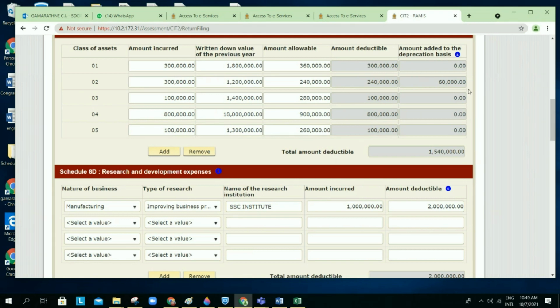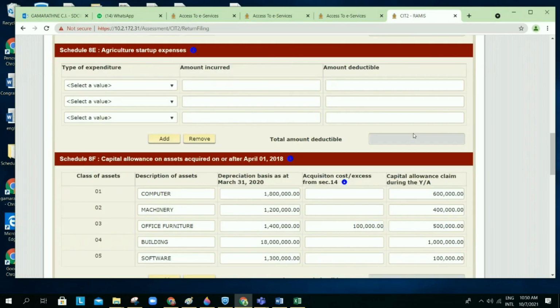income. But here, by identifying this 60,000 as an excess amount, next year we can add it to the relevant asset. Likewise, we can identify the amount we are going to deduct as repairs and improvements. What is the value we should identify for next year's additions as a section 14 excess amount? Now after identifying the 1,540,000, we can move to schedule 8 and see whether this value arises,